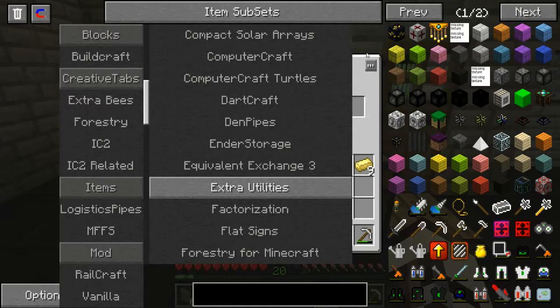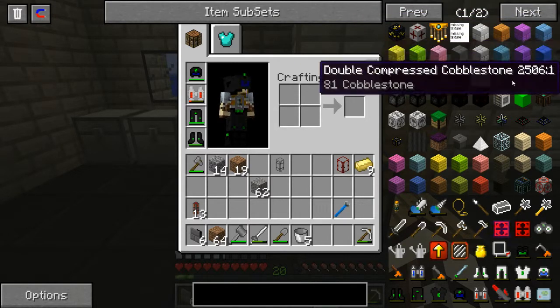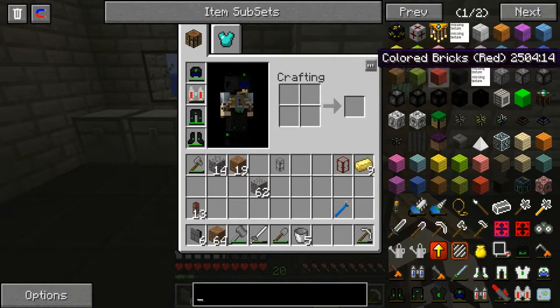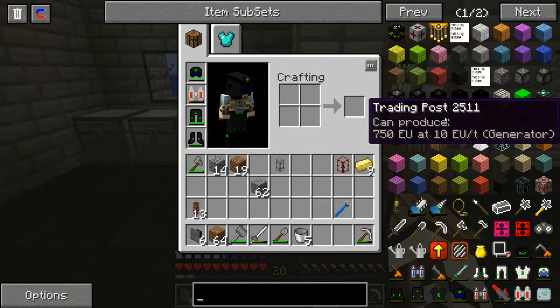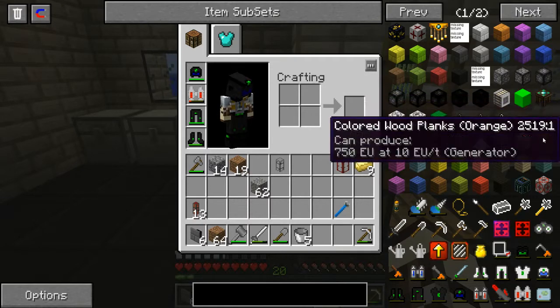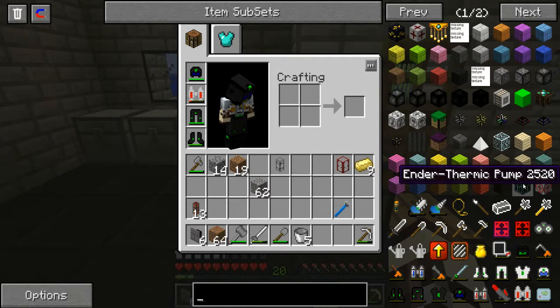here. We've got angel blocks, block updaters, chandeliers. We've made this one already. Different colored bricks, compressed cobblestones. We can actually compress down our cobblestone. I did not know that. Green screens, sound muffler, rain muffler, trading posts, different color woods, endothermic pump, which I actually want to make, a